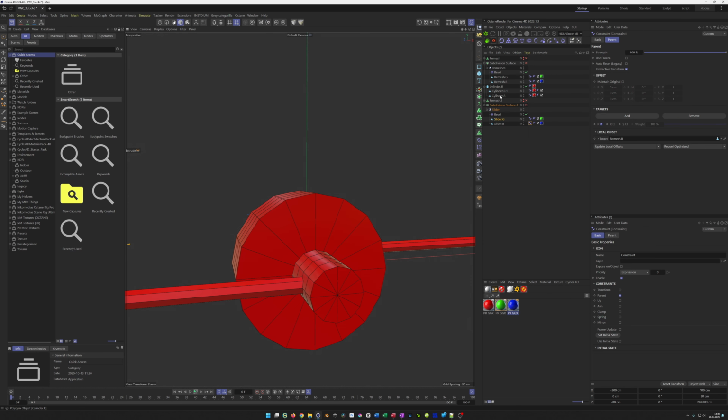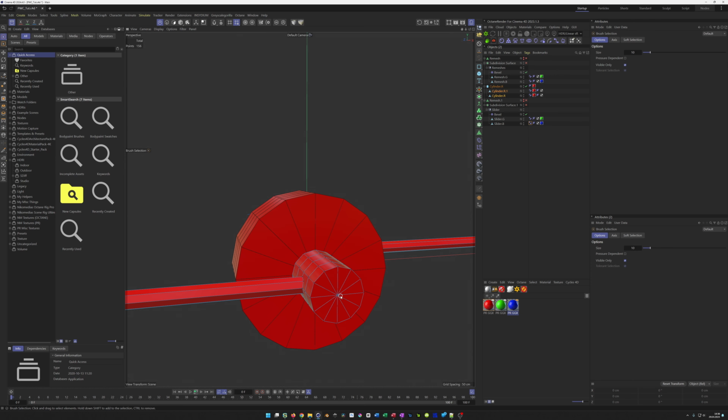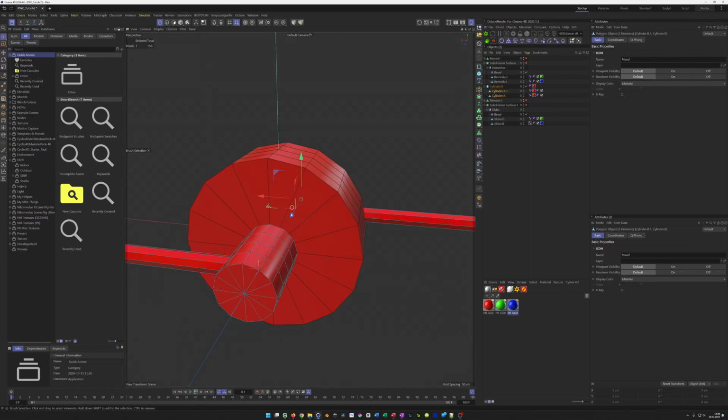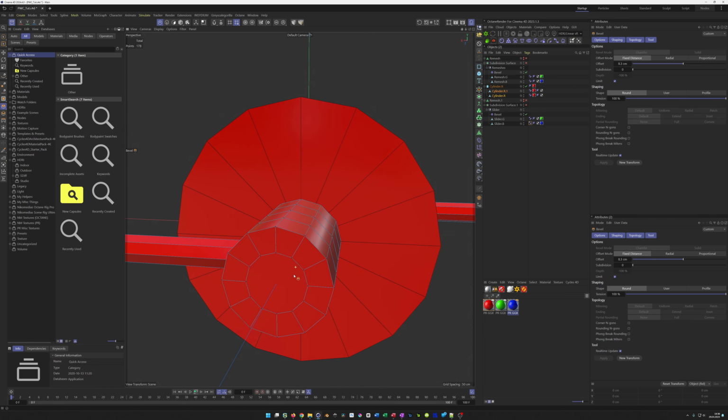Let's go to the R1 here and go to the point mode. I can do it on both at the same time. Select this point here and select the point on the other side. MS for bevel. Bevel this out, but I don't want any subdivision. So I have now this here, and now